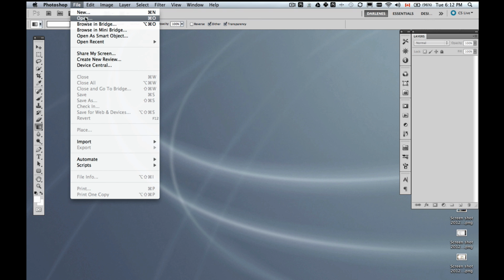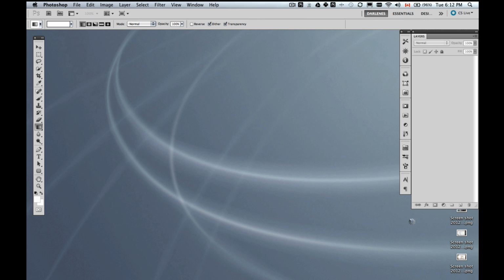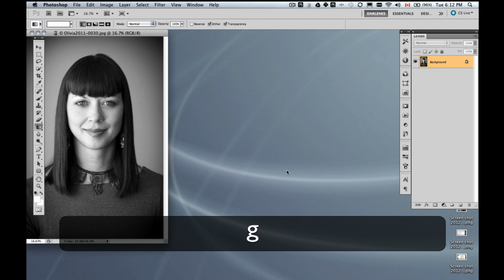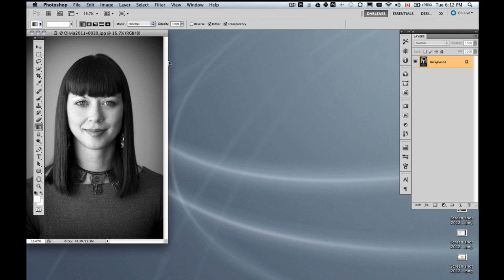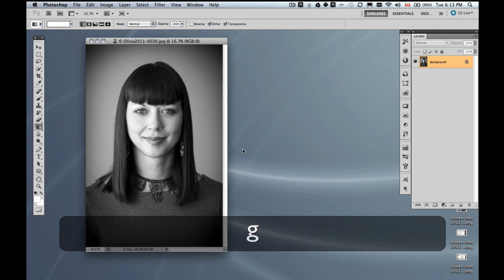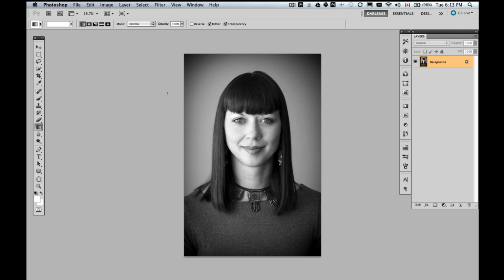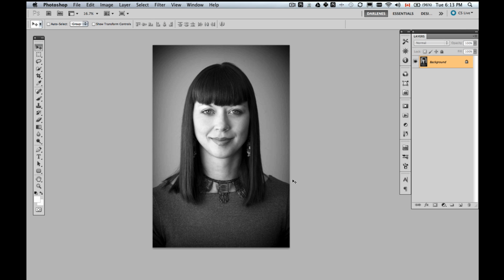Okay, so I'm going to open an image to demonstrate, and the one that I'm going to use is a portrait, and the reason that I'm going to use this portrait is that when you're dealing with a picture of a person, I find that the watermarks can be too obtrusive if you put them over the face. Okay, so we want to make something that brands but doesn't obstruct the viewing of the face,